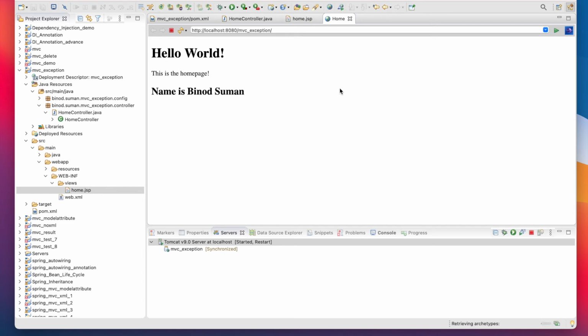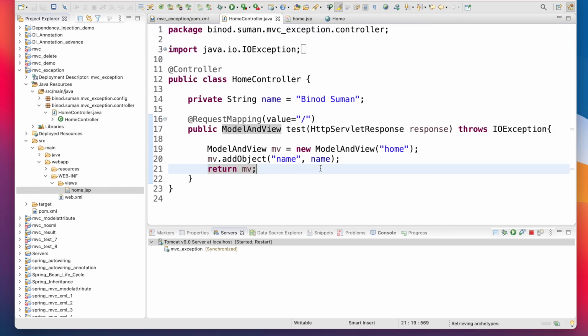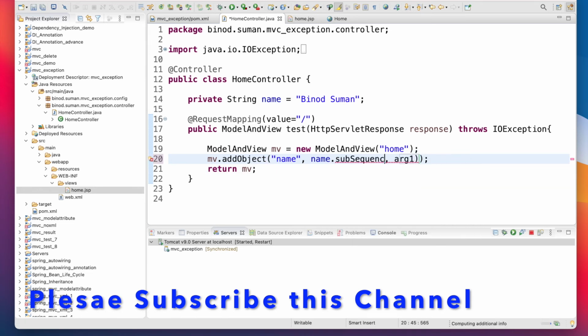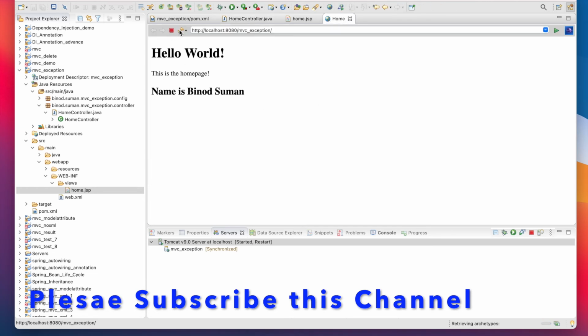Now it's okay. So what happens now, you know, if you make some mistake on your own, right? I am just saying name dot substring, right, and I want from 5 to 15. I know this is not there, my name size is not 15, right, but I want to do it. So what happens, it will give the exception. Go to the home page again and refresh it, you will see the exception, right?